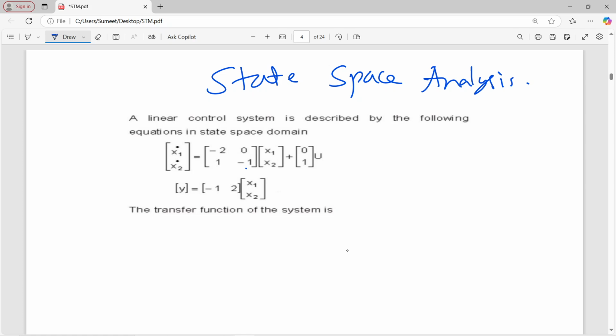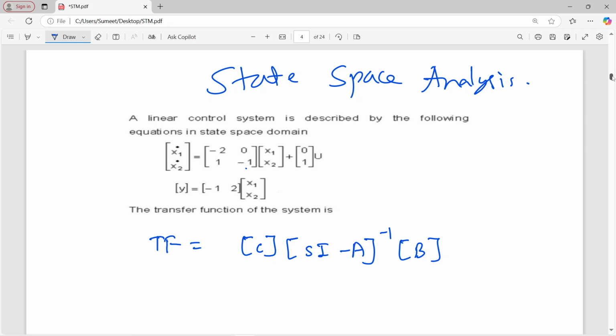Hello everyone. So now next point in state space analysis is the transfer function. So once the state space model is given and we have to find out the transfer function, the formula for the transfer function is C matrix (sI minus A) inverse matrix into B matrix plus D matrix if it is present. Okay. So here